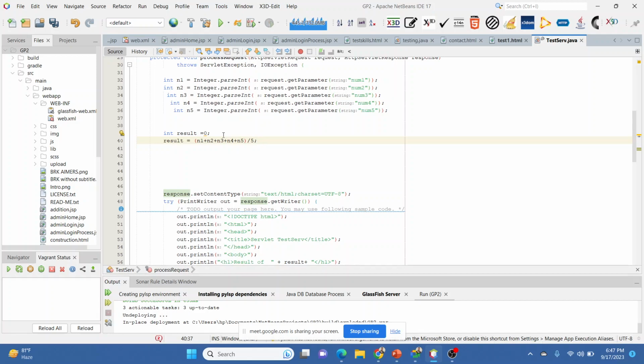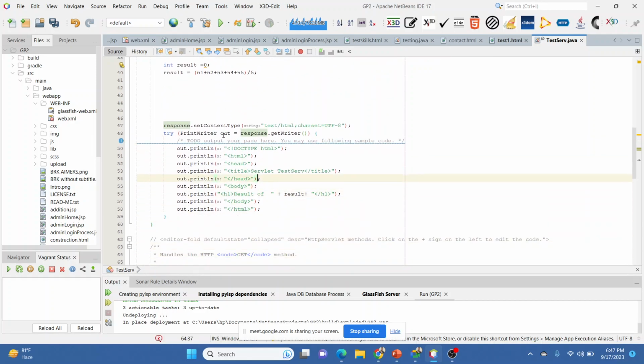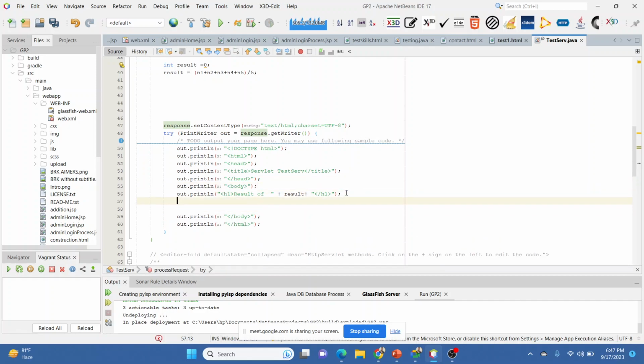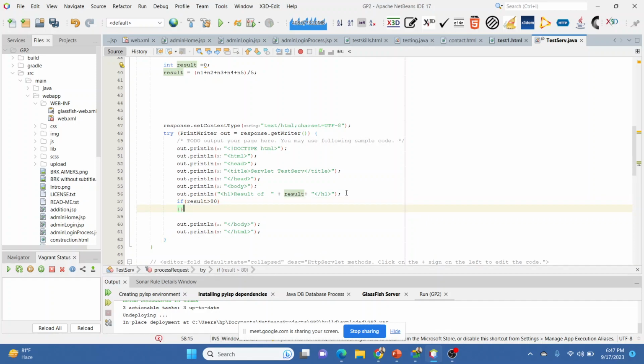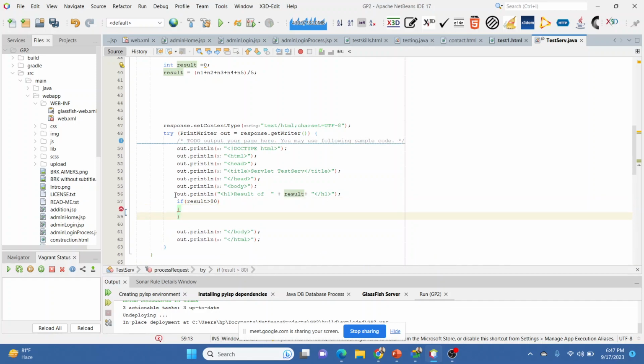And now what we will write down, if average is above 80, so we have written down the result over here. So now we can write the if else statement, or you can write the 5 if else statement. If result is greater than 80, so what should it be written, out.println h1. Over here we have to remove this part. So grade A,